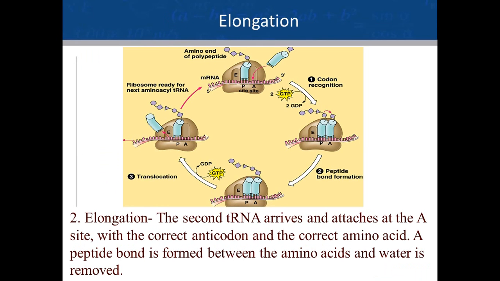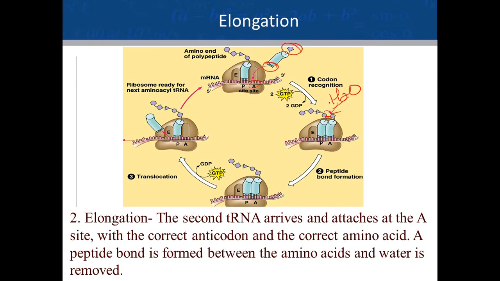Alright, part 2, elongation. And it's almost cyclic in nature. So the next thing that's going to happen is there's going to be a transfer RNA that's going to arrive at the A site. And it's going to be complementary to that messenger RNA, and it's going to have the correct amino acid. So now the two are sitting side by side. What's going to happen is a dehydration reaction in which water is going to be removed, and we have a covalent bond or a peptide bond